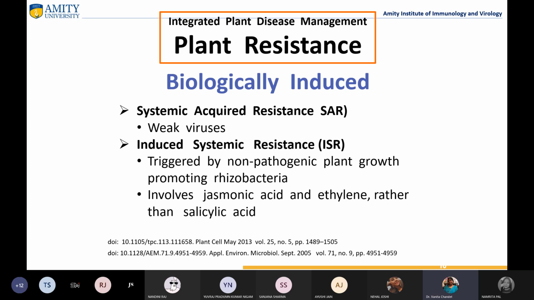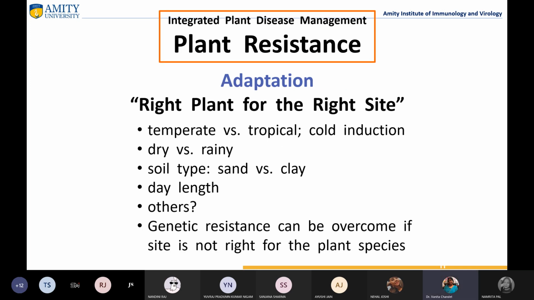Then induced systemic resistance can be triggered by non-pathogenic plant growth promoting bacteria also, and it involves jasmonic acid and ethylene rather than salicylic acid. So in this case it is triggered more by jasmonic acid, right? Then adaptation means the right plant for the right site. For example, this is something like